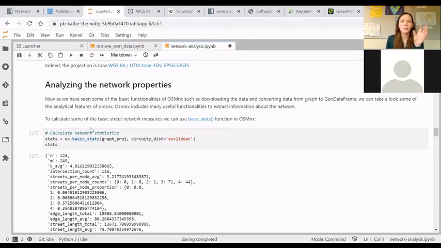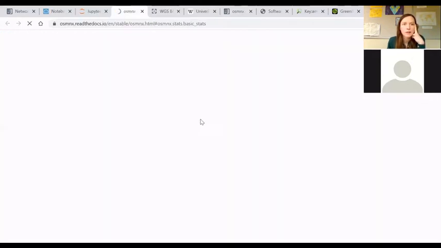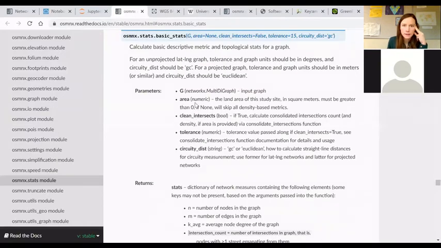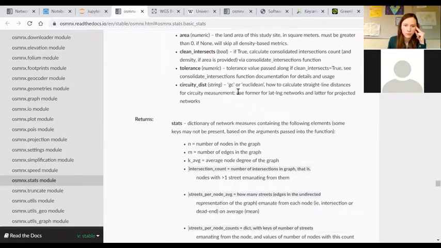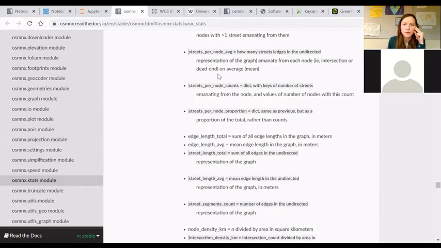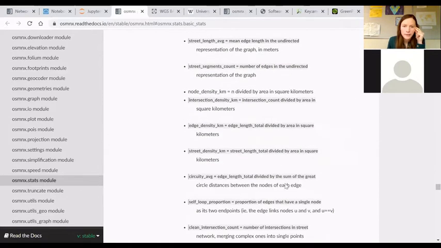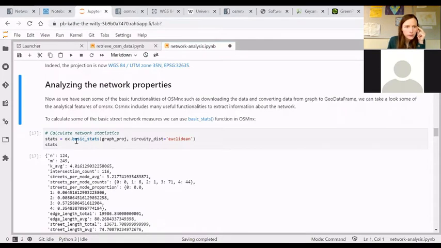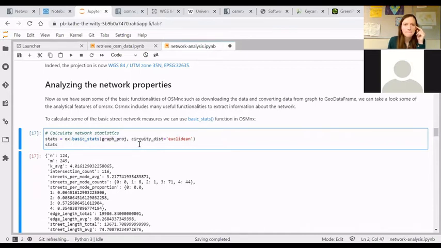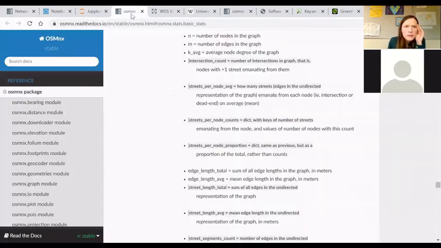So we have now the projected graph, and using OSMnx, which is the tool for analyzing these networks, we can generate some basic statistics. So descriptive metrics, information about the topology, and so on. There's a bit more detail of all the available statistics here in the documentation. But if we call ox basic stats, give the graph, and now that we have the projected layer, we operate in the Euclidean, or no, this is actually now